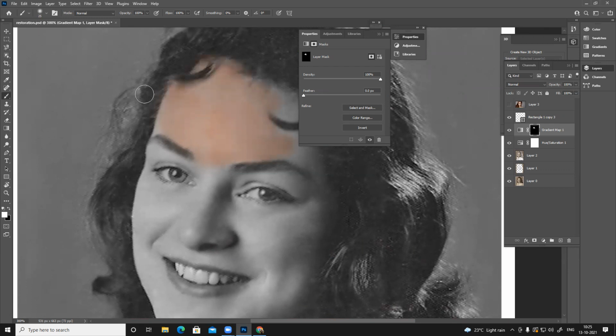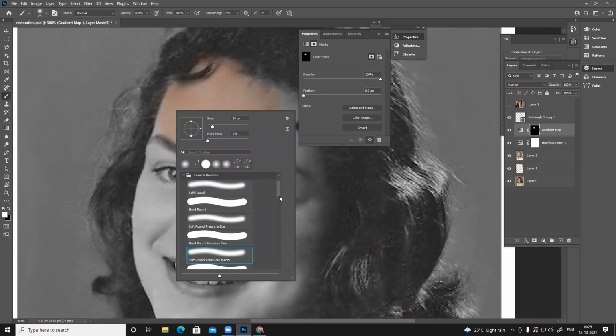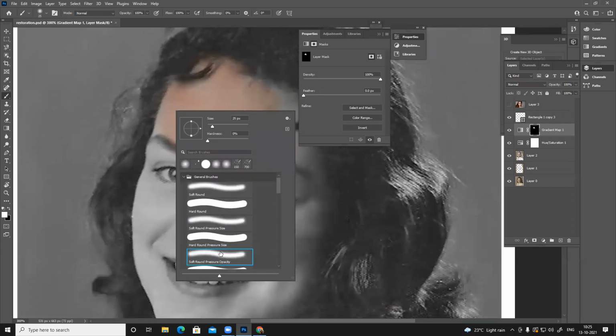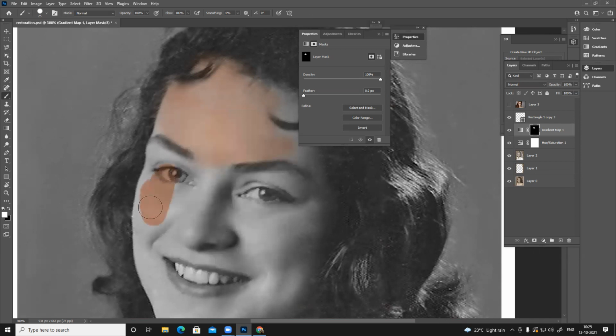And use a soft brush. If you right click, you can see you have a lot of brushes. For painting this kind of thing, always use a soft brush with blurred edges. If I use a hard brush, it will become very difficult. So, yes, just for the skin.